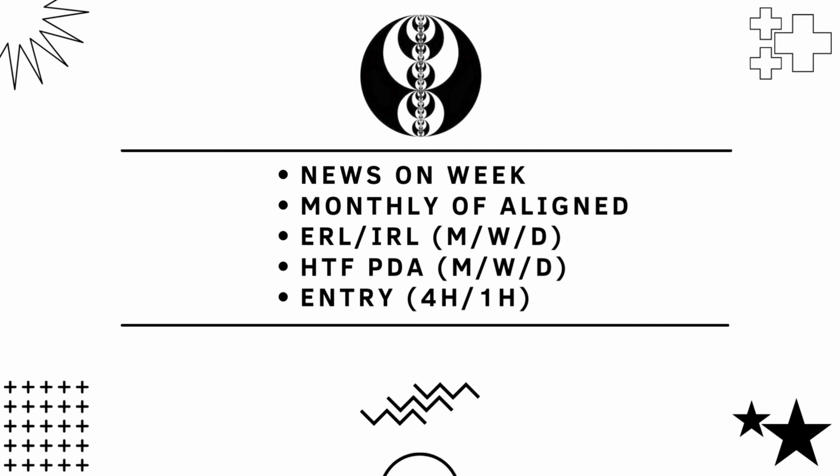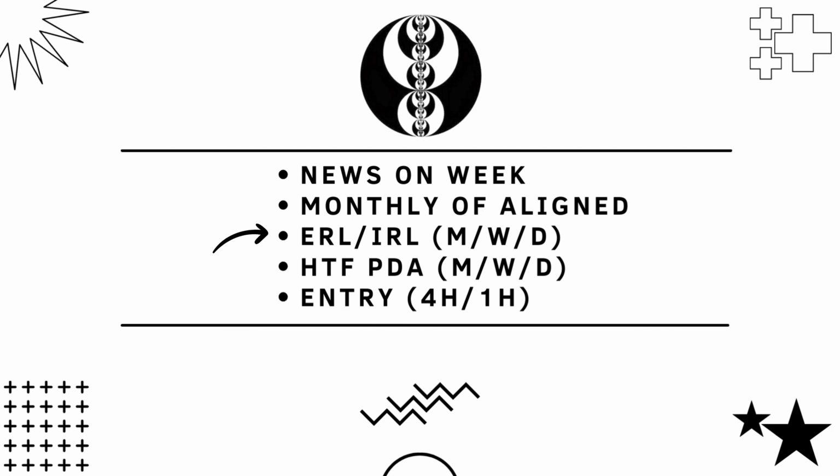So here we have the exact trading plan for swing trading. News on the week, red folder news on the week for whatever currency or pair that you're trading. I like to make sure that monthly order flow state is aligned with the direction that I'm trading. So I'm looking for ERL and IRL on the monthly, weekly, or daily in the direction of the monthly order